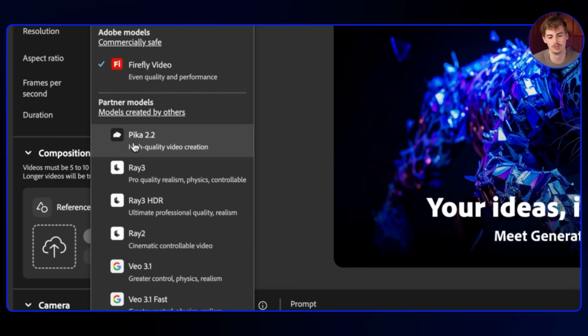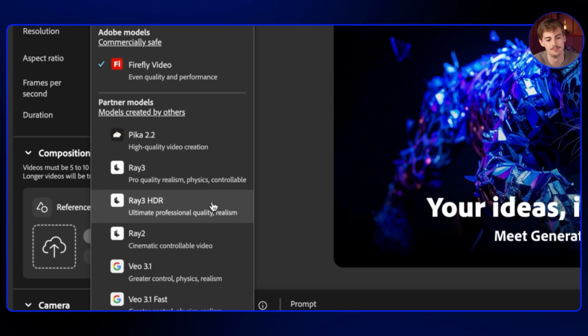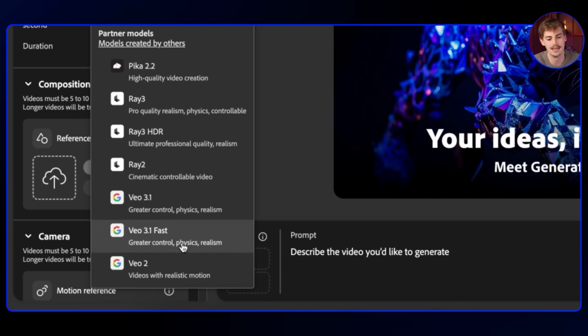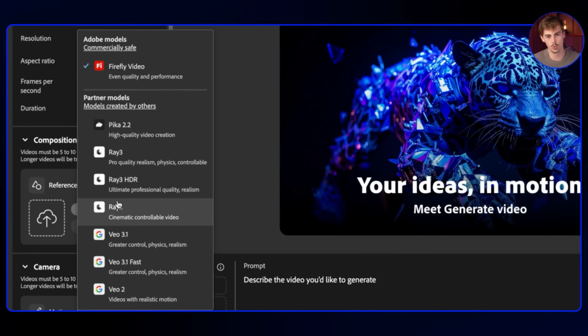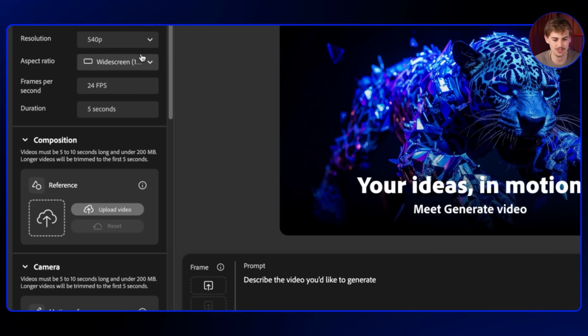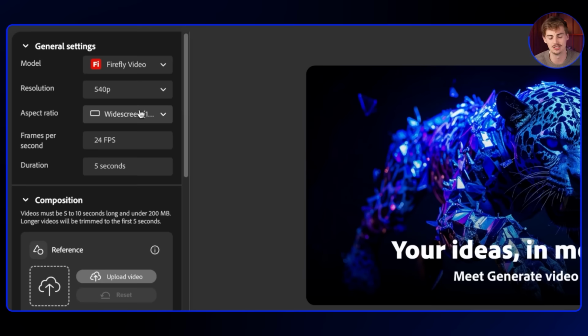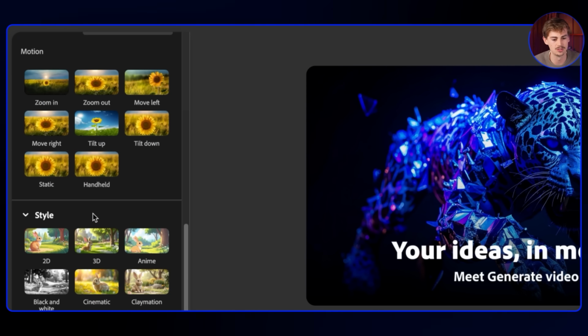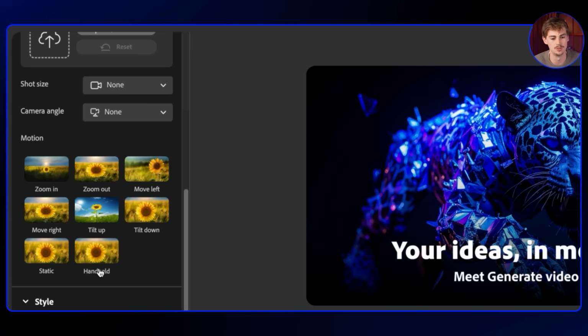We have some of the more unique models like Pika, Ray 3 HDR, and Veo, and that's it. We don't have Kling, we don't have Wan, we don't have Seedance. I would love to use this, but I'm missing these tools. Now, they do have some custom styles to it, and they're trying to help you make something cool out